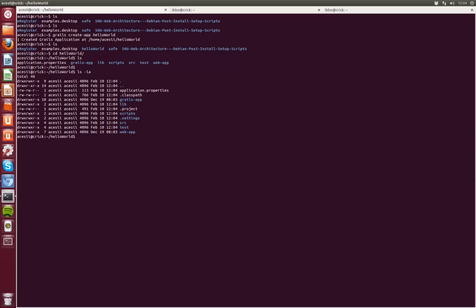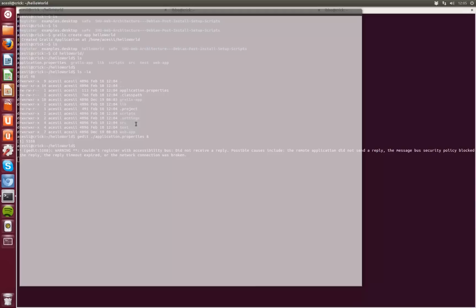And in class we've been using gedit as our editor for this sort of thing, because it gives us an environment where we can move around quite nicely. So I'm going to say gedit application.properties, and if I hit enter now, it'll run gedit in the foreground. So we'll be able to edit, but we won't be able to type things in. And you might have picked up in class, if you put an ampersand at the end of a command, then it'll run in the background, which means you can carry on working in the foreground, and the process you've launched will run in the background. So I do that, and